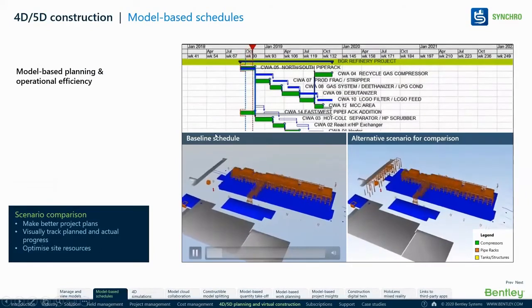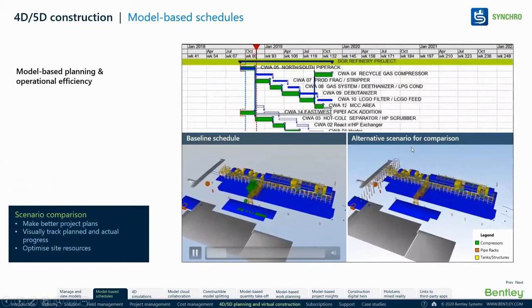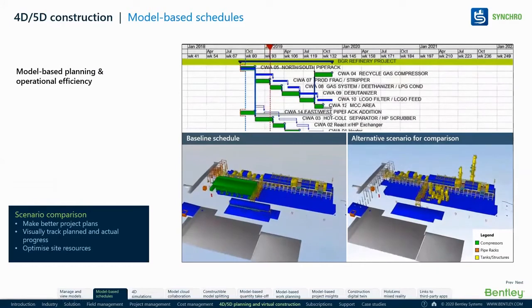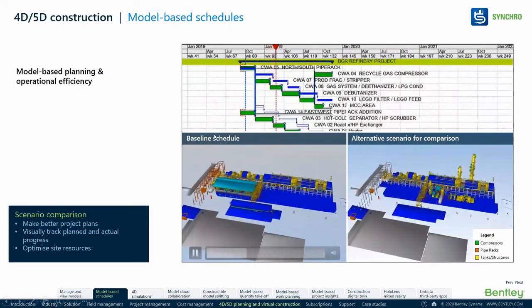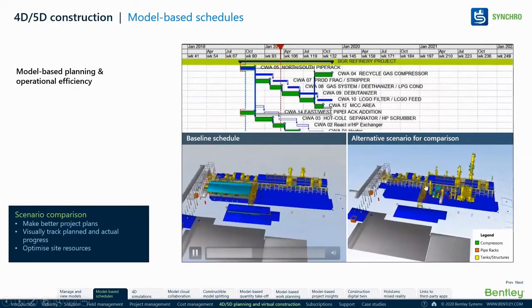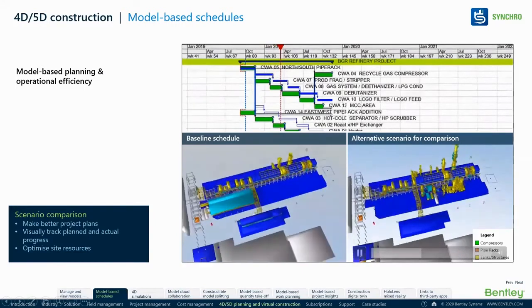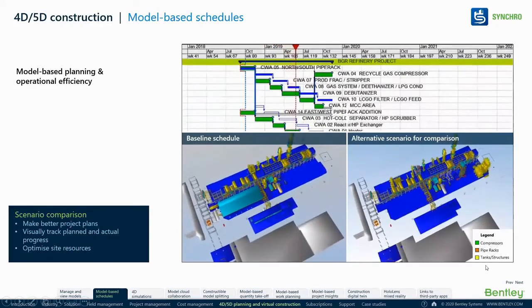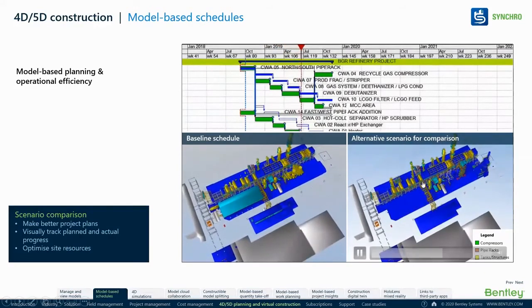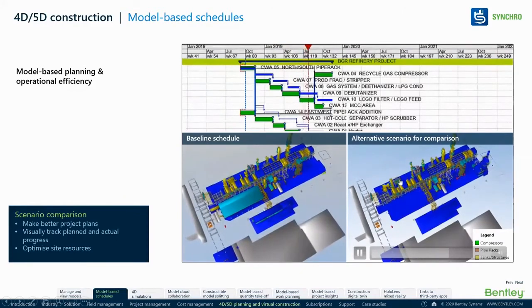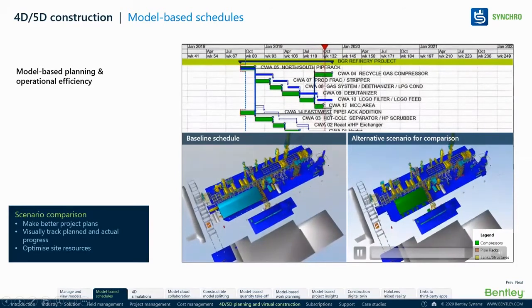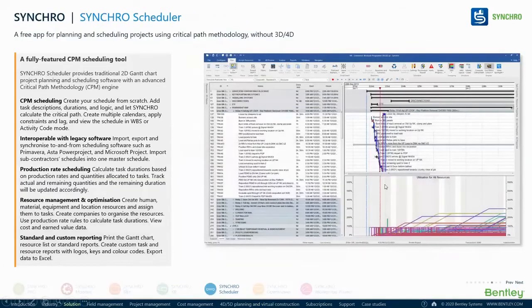So this is the baseline schedule as the zero budget schedule, and this is the alternative scenario. We worked out two plans and presented to a client that this is one plan, where you have created the baseline. But if you do this, you can create a more accurate schedule. So we have created the scheduling for legends and created pipe racks and tanks and structures. So you can understand and compare two activities on two different baselines and plan your resources accordingly. So, a little bit of Synchro scheduler.